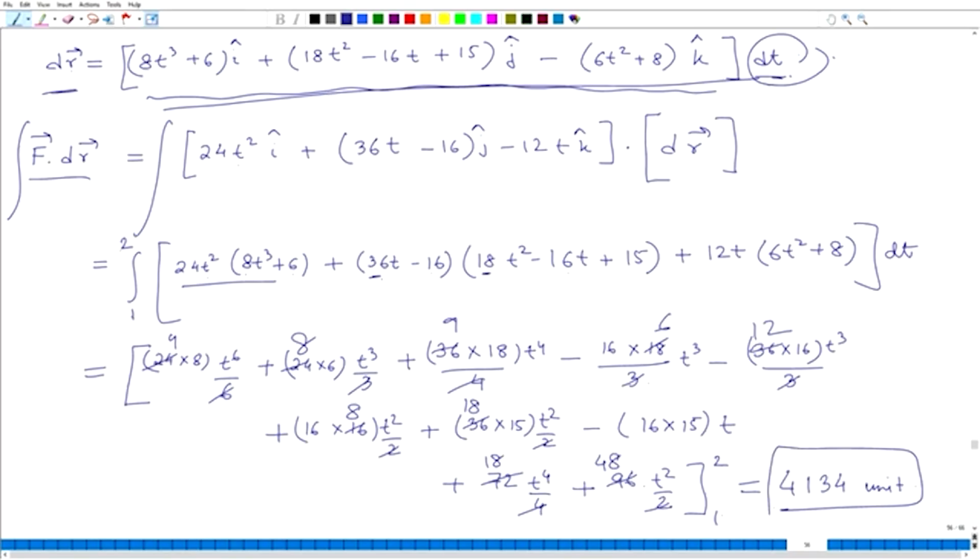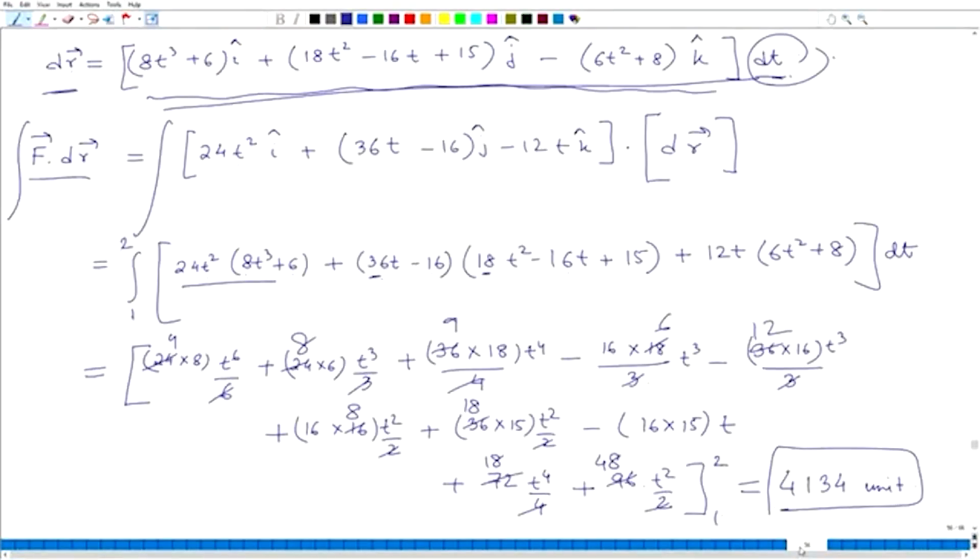That means the work done is really by the system. Okay. So, according to our convention, whenever the work done is positive, the work is done by the system, and whenever the work done is negative, the work is done on the system. Okay. So, you see that that was a very simple problem, that we know F as a function of t,